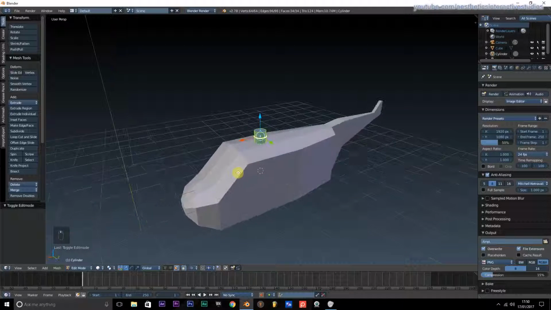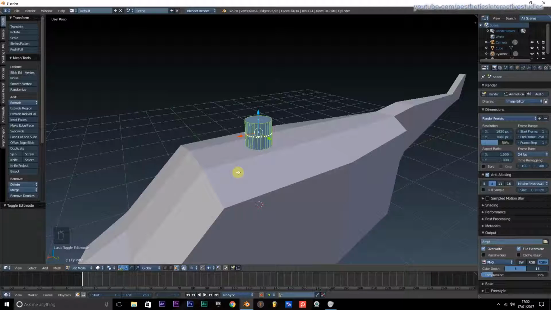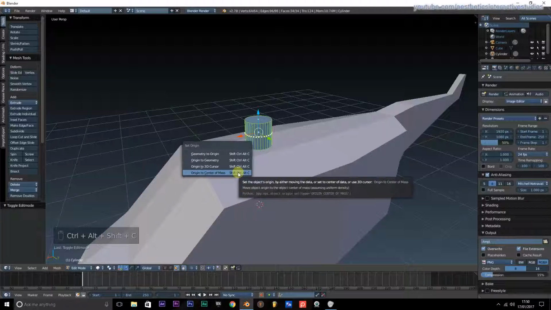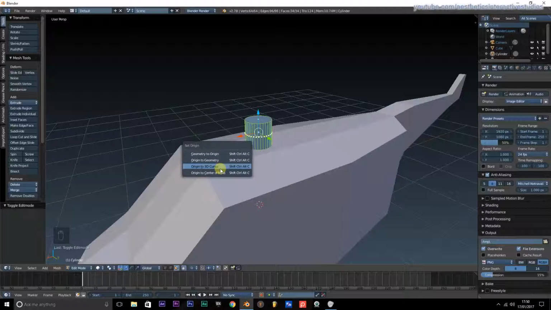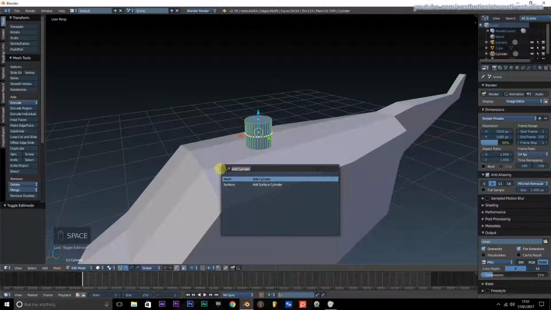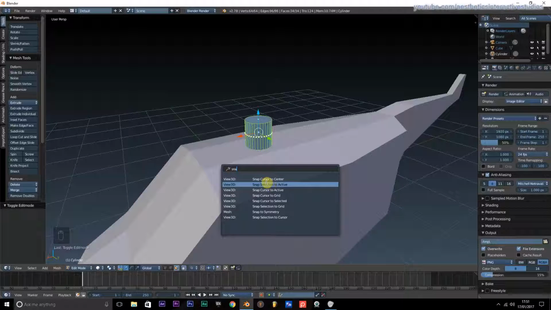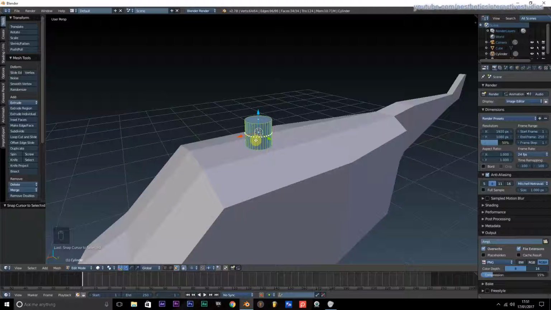To do that, you can press the Alt, Shift and Control key, and with the C key, like so. And you can move your origin if you want, but we don't want to move our origin down to the cursor, do we? So what we will do is press the space key and type in snap, and as you can see we have all of this. You've got your snap selection to active, but what we want is to snap our cursor to selected, so we'll select that, and as you can see my cursor is now where the origin point of the cylinder is,